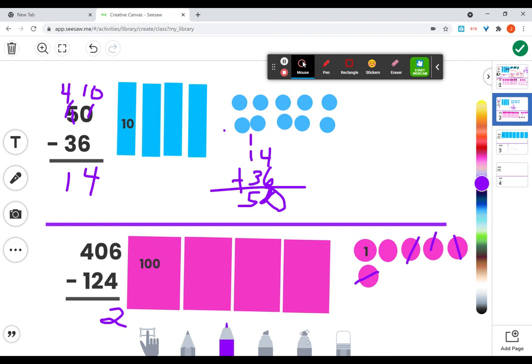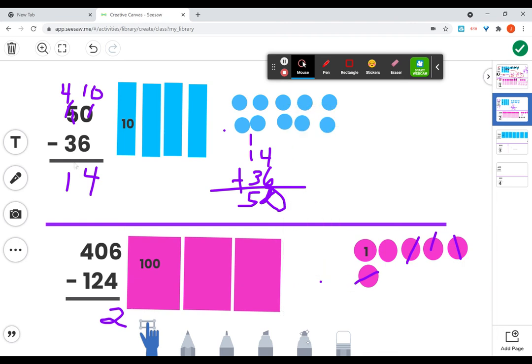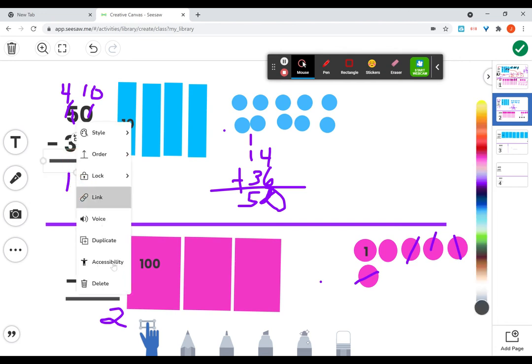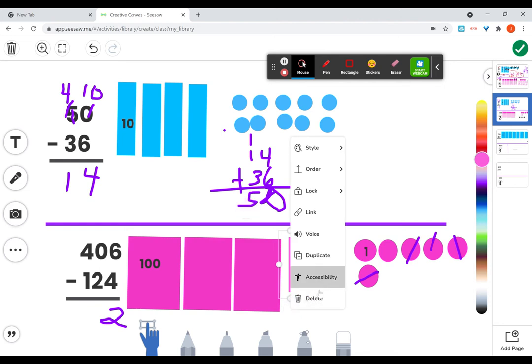So I have to basically cash in one of these 100s for 10 tens. So I'm going to go ahead and delete that, and then I'm going to replace it with 10 singles. So I'm going to move it this way, and I'll change it to this color, and then I need 10 of them. So I'm just going to move it over here, and then I'm going to hit duplicate,